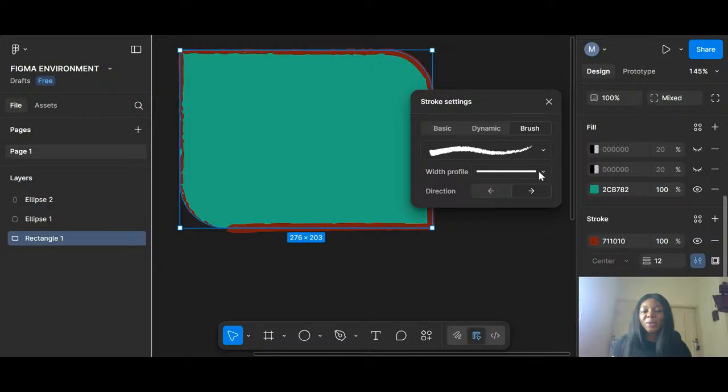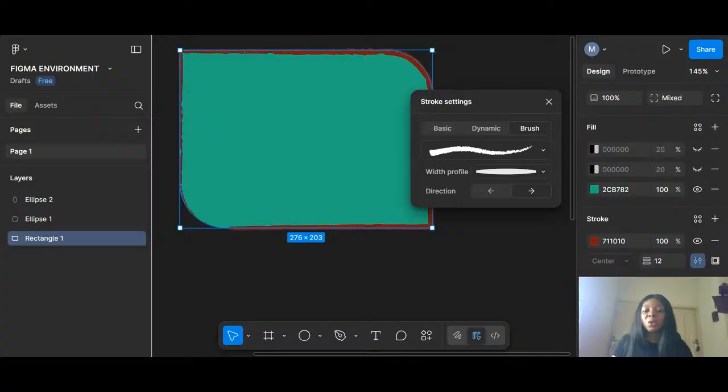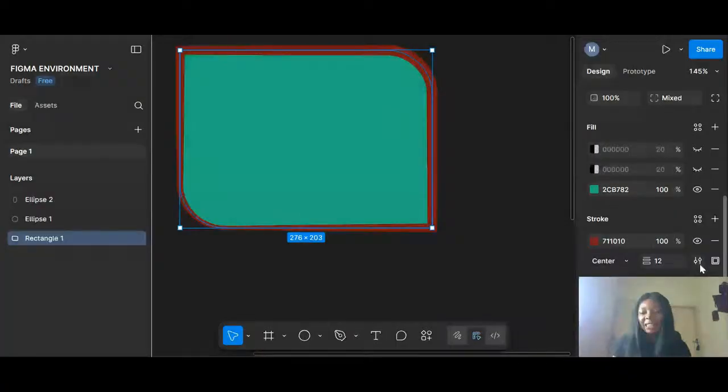So the next one we have is, if you're going for the brush, you get to choose the style that you want. And as you're hovering, it's changing. So when you see the one you like, you can just tap and activate it. So I can just tap and say, this is the one I want. Then you can change the direction. You can see how the direction is changing, depending on your style. During the advanced setting, let's talk about